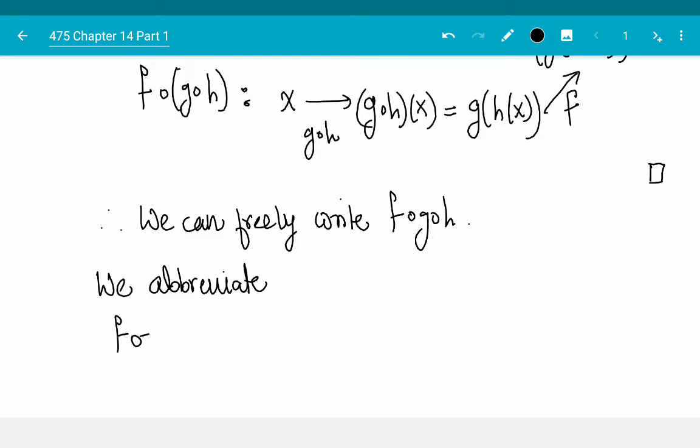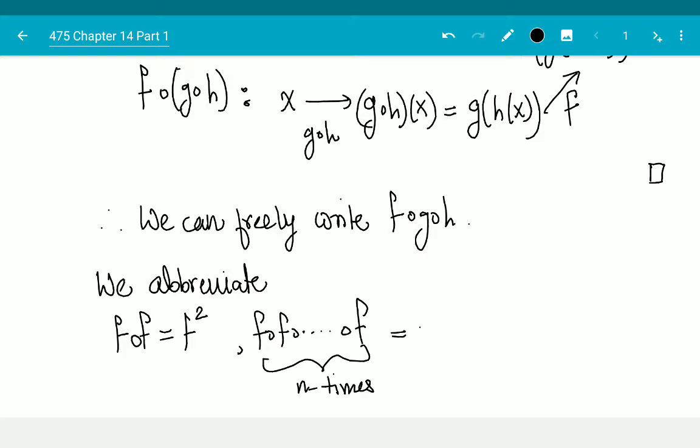f composed with f is equal to f squared. f composed with itself n times is written as f to the n, and in this case f to the 1, f to the 1 is just f. Okay, let me also define